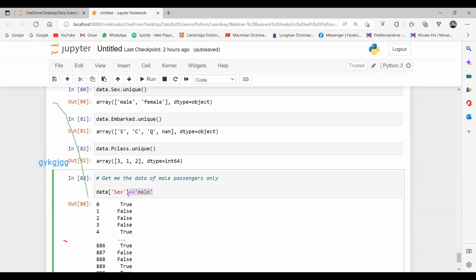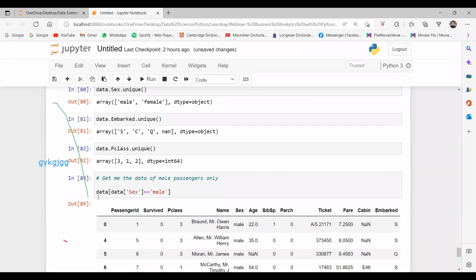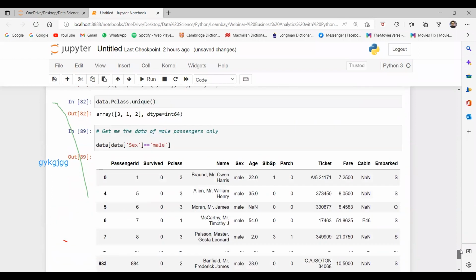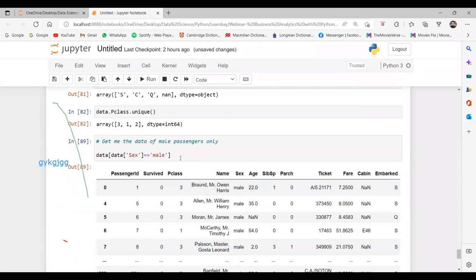But I don't want these Boolean values, I want the whole data frame. So I can pass this in the data set name. My data set name is data, and if I do it, I am getting the whole data frame for male values only. Fine. But for example, you don't want the whole data frame.